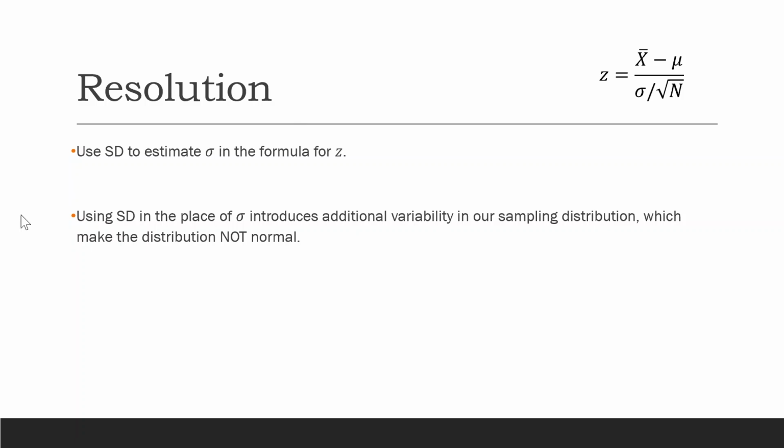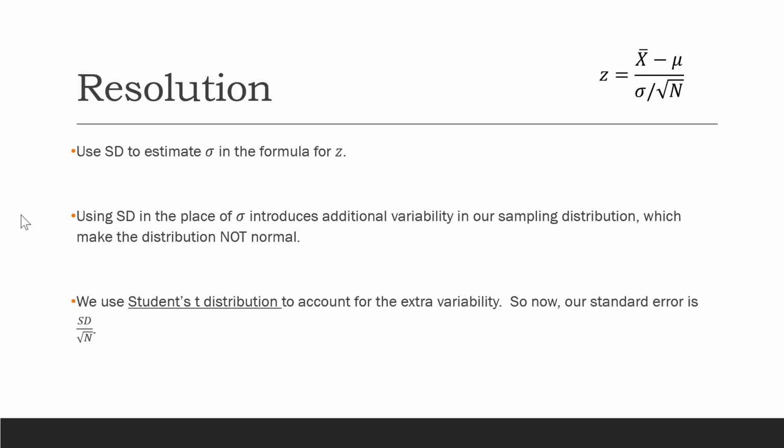So let's talk about the type of distribution that we're going to have to switch gears toward. The type of distribution is known as Student's t distribution, or some people call it the student t distribution. I'm probably just going to say the t distribution as an abbreviated term here. We use Student's t distribution to account for that extra variability in using the sample standard deviation instead of using the population standard deviation. So now our standard error is SD divided by the square root of n,